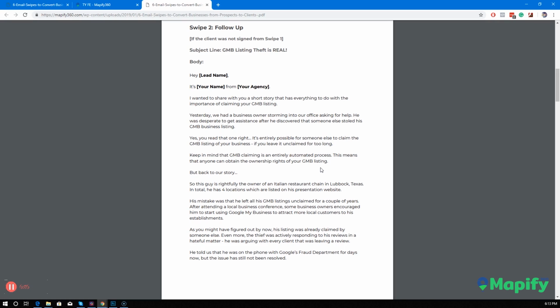as a second follow-up. And this is going to really spike their curiosity, because you're going to tell them that GMB listing theft is real. So people, if you're not claiming your business, somebody else may come in your place and claim it for you. And trust me, no business owner wants that to happen, because if that happens, it's going to be really hard for them to get their rightful business claimed by themselves. It's going to be a much harder show if you are not claiming your business at the right